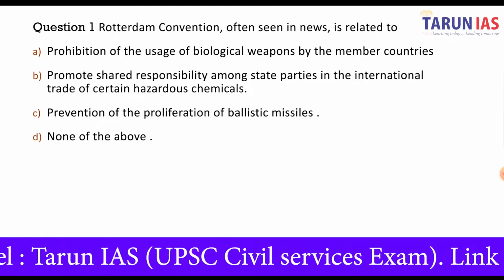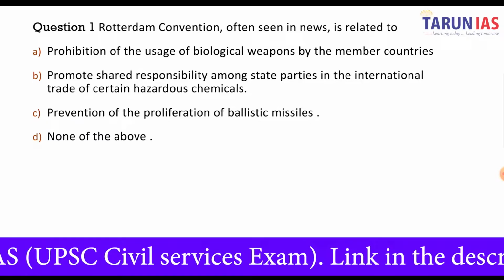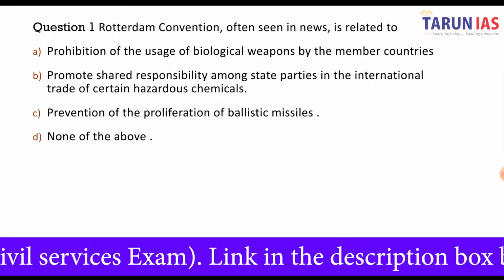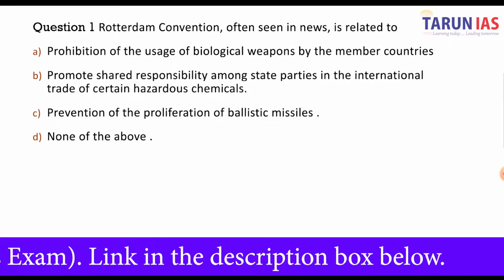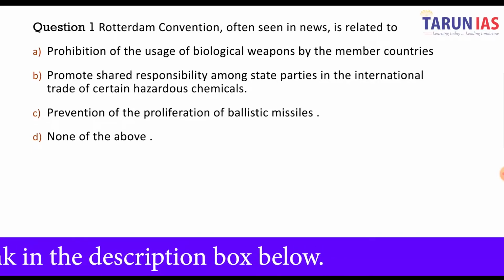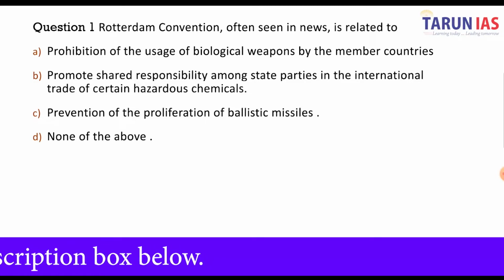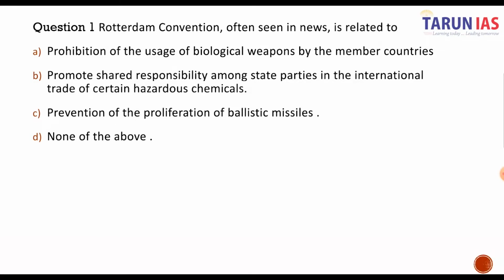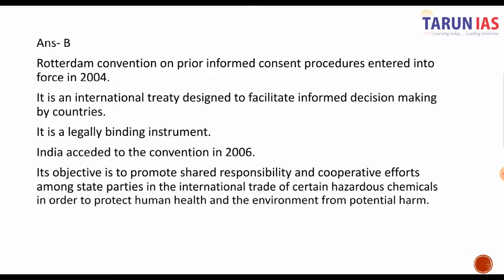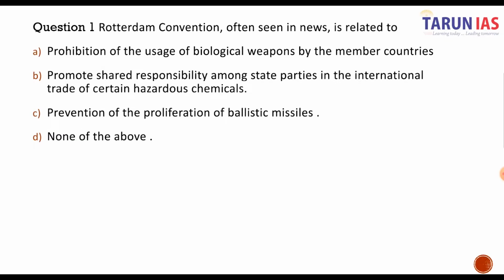Option A says the prohibition of the usage of biological weapons by the member countries; B, promotes shared responsibility among state parties in the international trade of certain hazardous chemicals; C, prevention of the proliferation of ballistic missiles; or D, none of the above. So, if we look at the explanation of this question, then the Rotterdam Convention basically is related with the